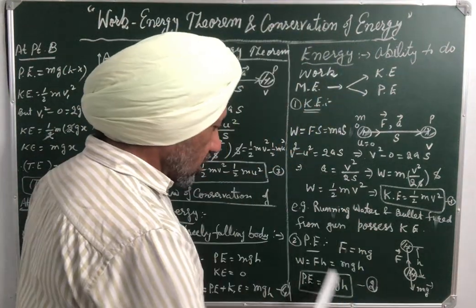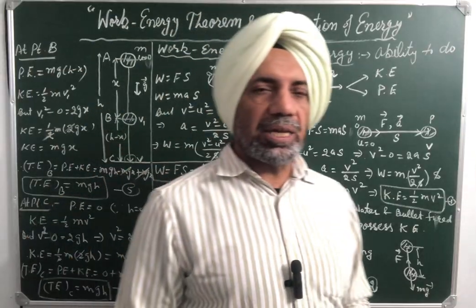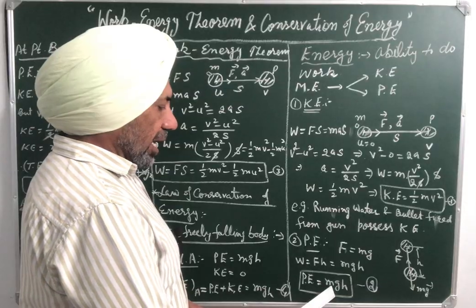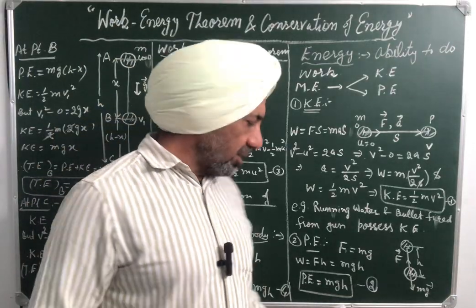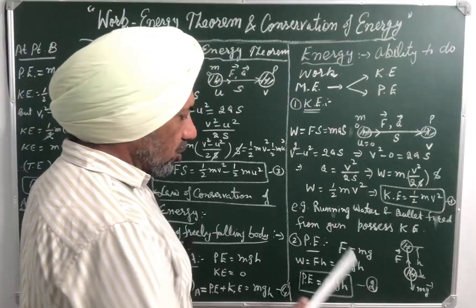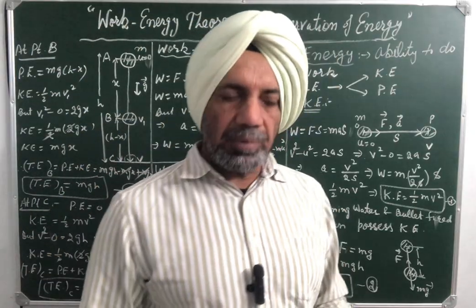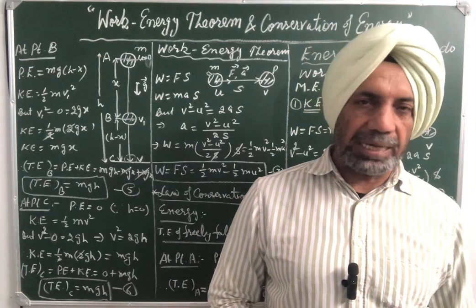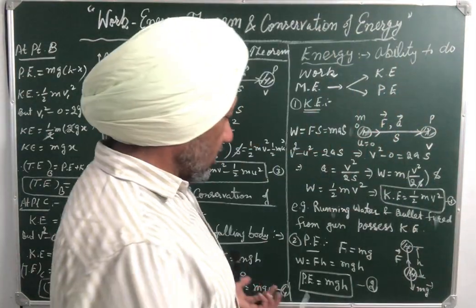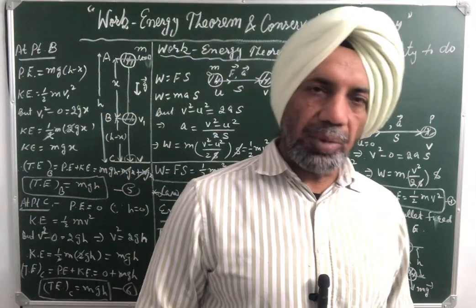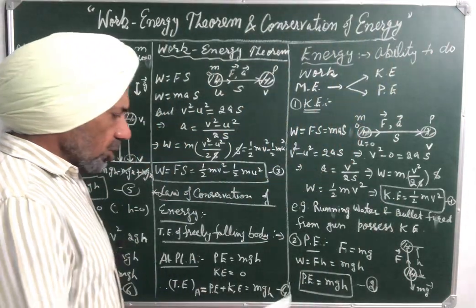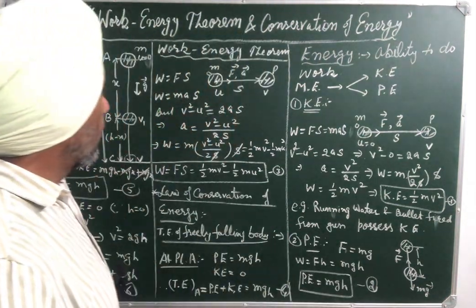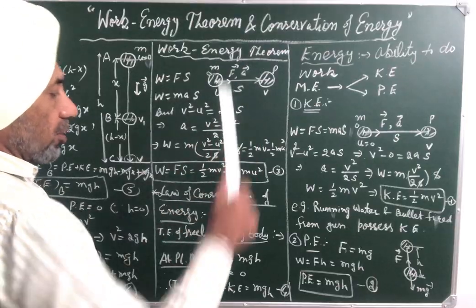So this work done is converted into potential energy of the body at height h. So potential energy of the body at height h is given by P.E is equal to m into g into h. So basically this is the potential energy gained by the body after attaining height h, or we can say it is expression for potential energy of the body. So it will depend upon height. More is the height, more is the potential energy. Then we come to work energy theorem.